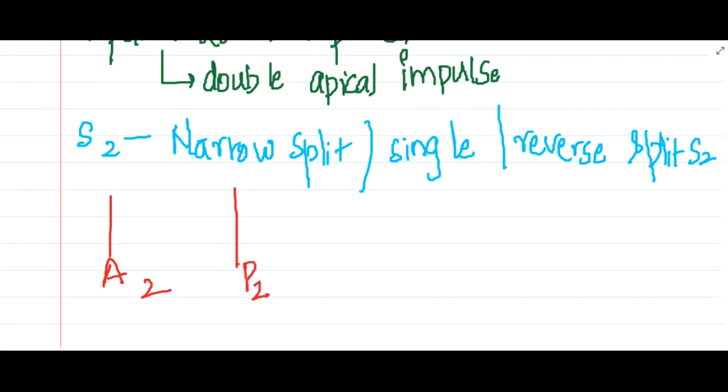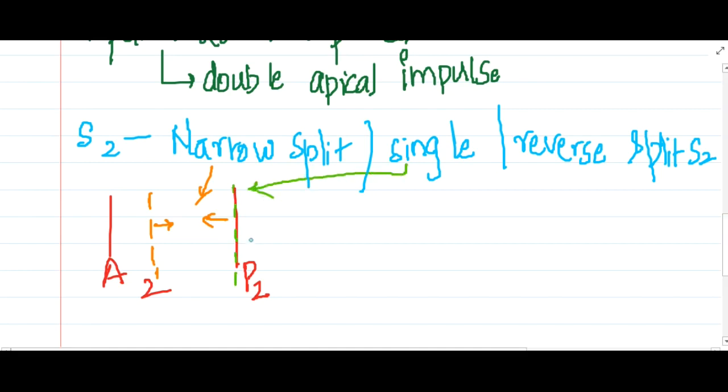Okay, in narrow split, first and foremost there is obstruction to the outflow, and as a result it takes longer for the blood to pass from the left ventricle to the aorta, right? As a result the A2 is delayed, so this will become narrow split. Initially A2 is delayed, leading to narrow split, and later it will be delayed further in such a way that it will overlap with the P2, and in such cases it causes single split.